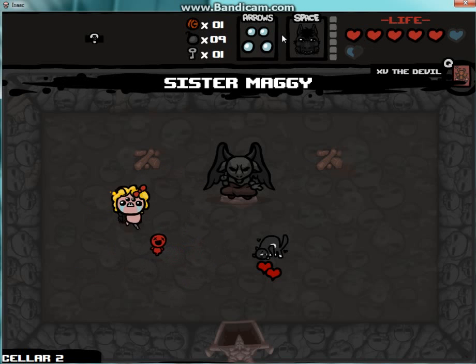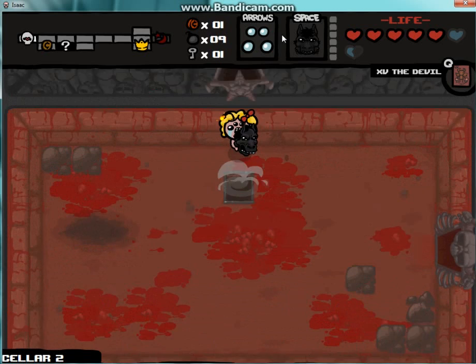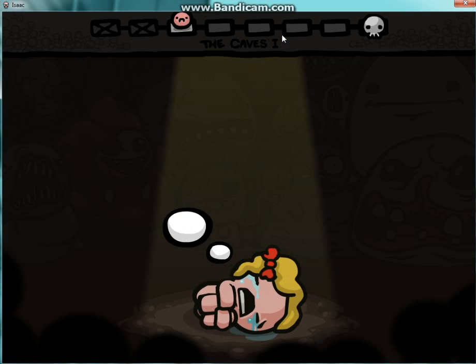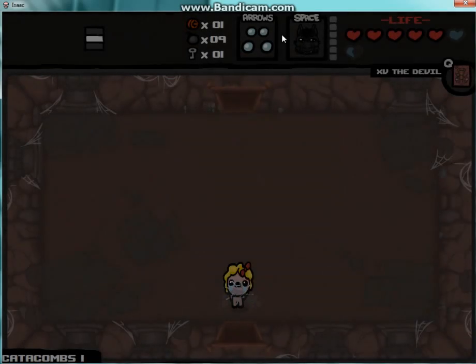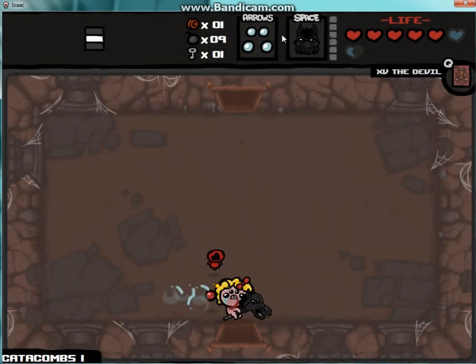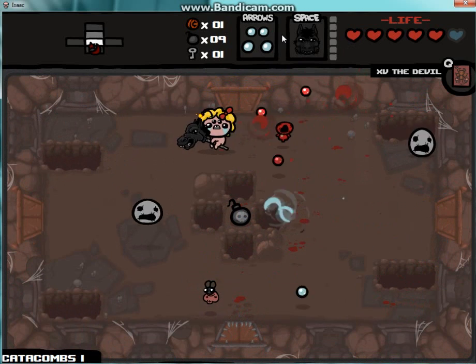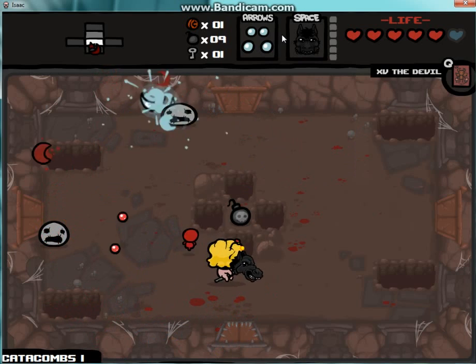Sister Maggie, that's it. So basically she follows you and shoots when you do, which is quite useful. And a very good companion. There's about eight of these that you can collect throughout the game, and as far as I know, no one has had all of them at once. As you can see, she follows you through the rooms and basically becomes your friend for the rest of the game. Now, as you can see, I'm against